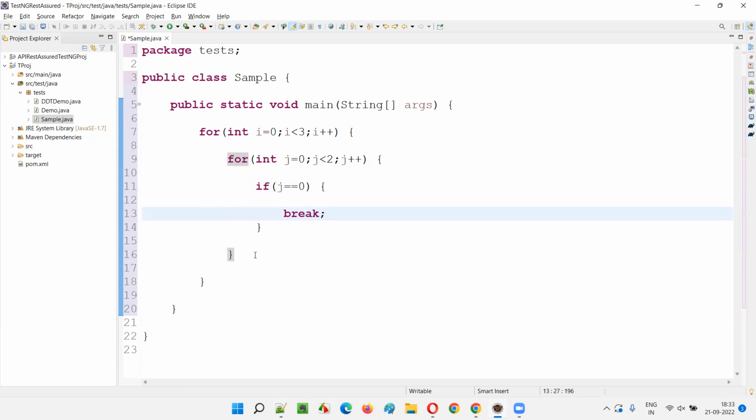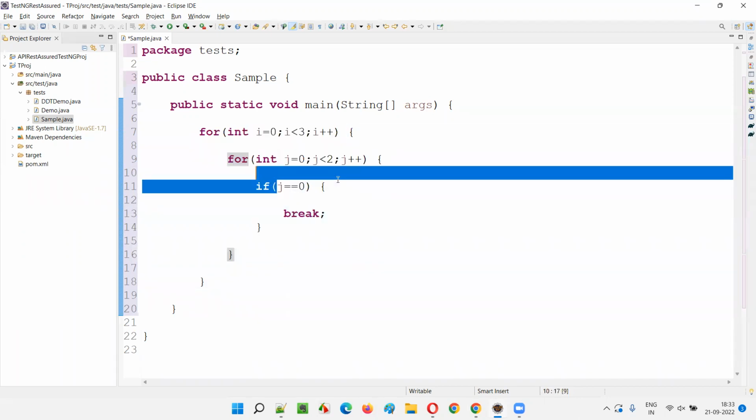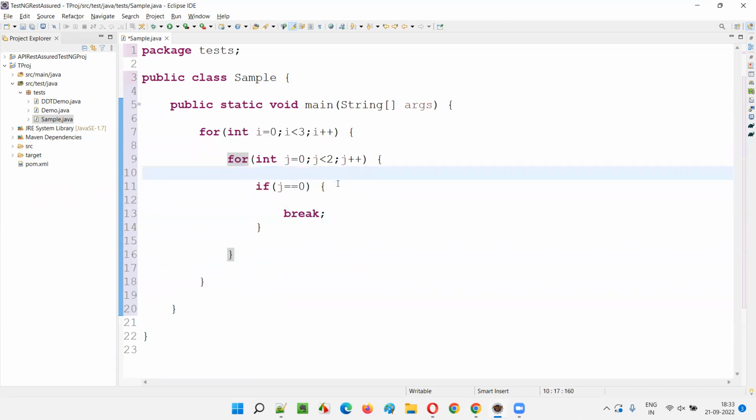What will happen when I say break like this? The inner for loop will break. This break statement will take you out of the inner for loop. But what if you want to break out from the external for loop when j is equal to 0? What do you have to do, guys? In that case, you have to provide a label here. Just a label name you give here, guys. For example,